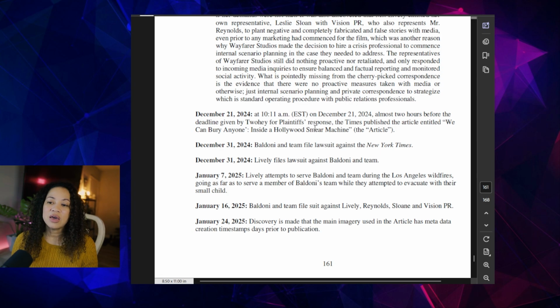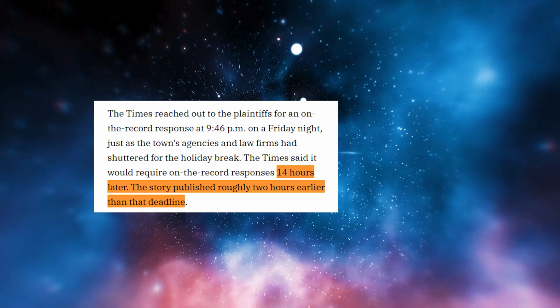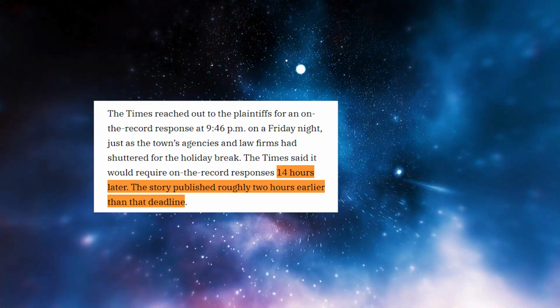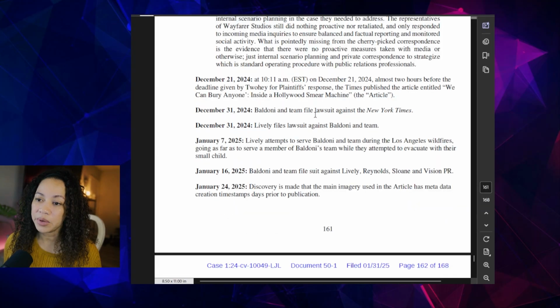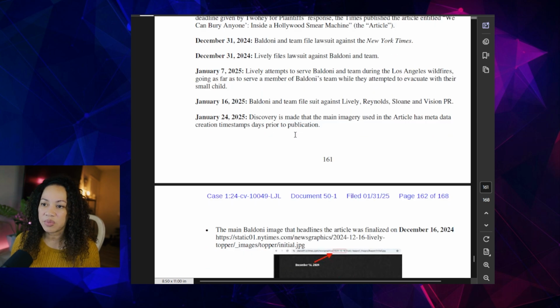They gave Baldoni's team less than a day. They gave them about, they say, 14 hours to respond. And the article went to print early, 2 hours earlier than it was supposed to. So they were very much itching to get this information out there.